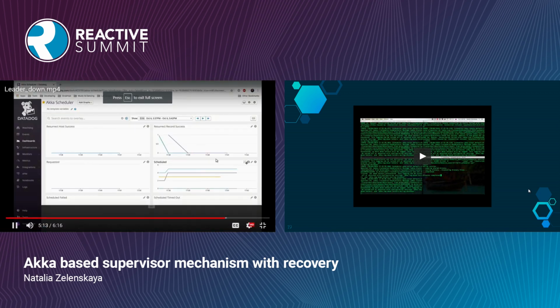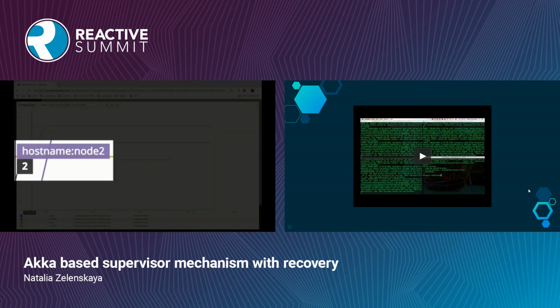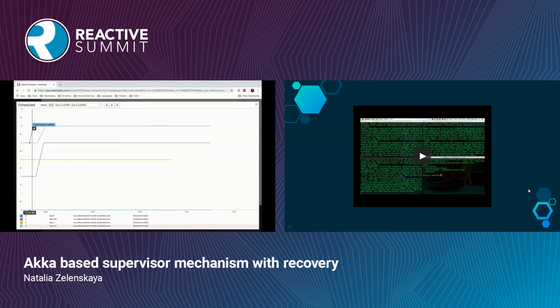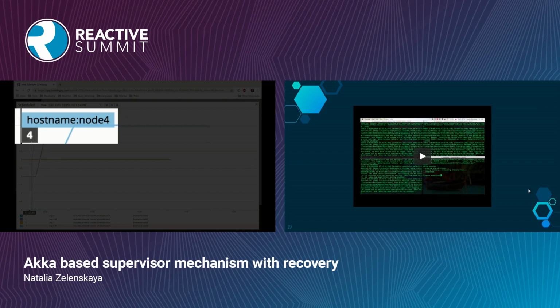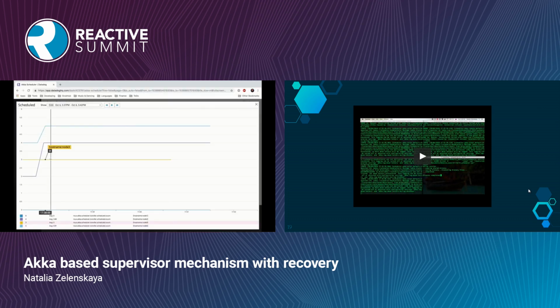So we can also see this in a dashboard. We can see that the states of our nodes have jumped from 2 records to 4, because node number 2 picked up 2 records from the failed node number 3, and node number 4 got 1 record. So it had 4 before, now it became 5.